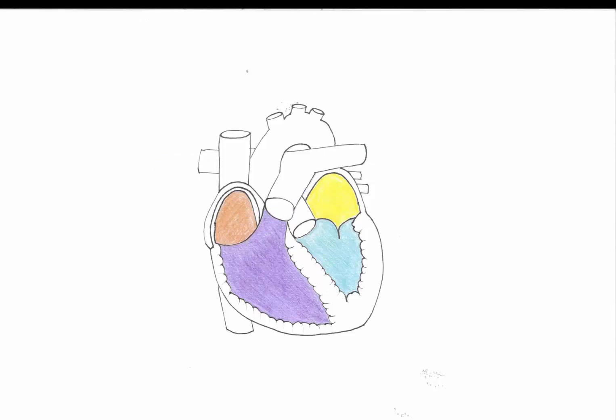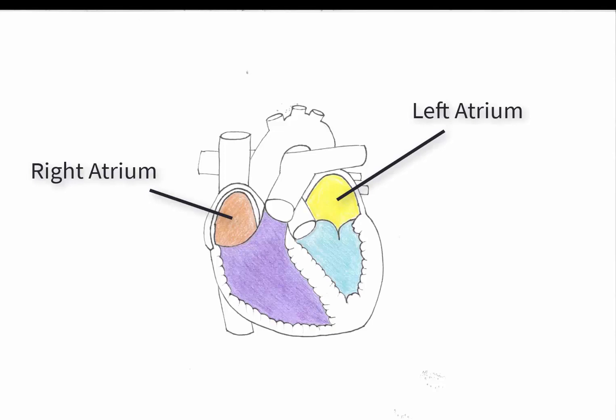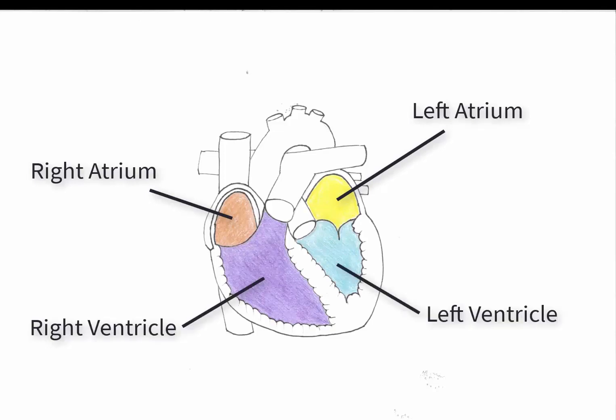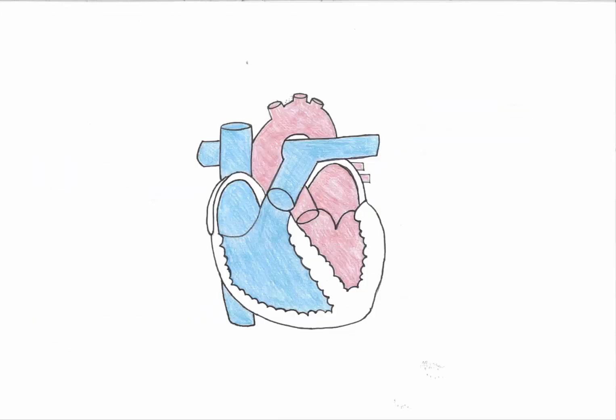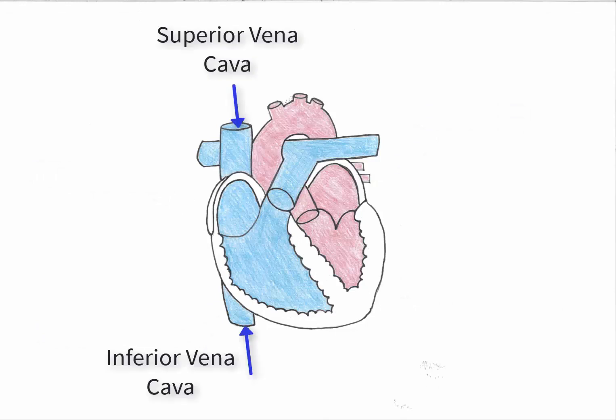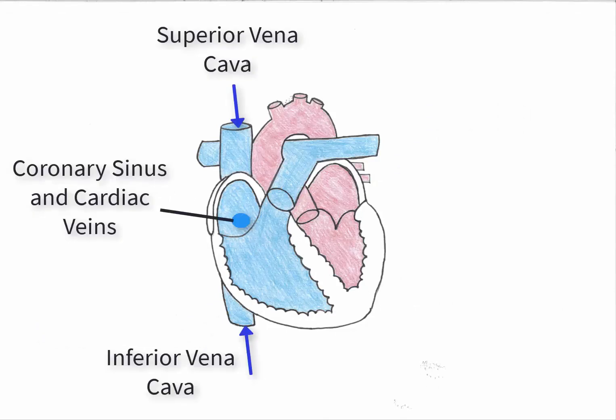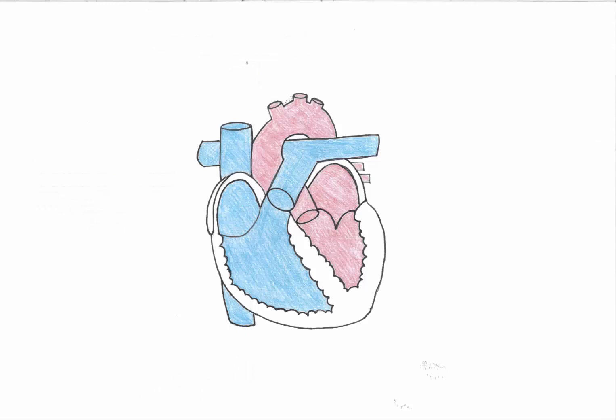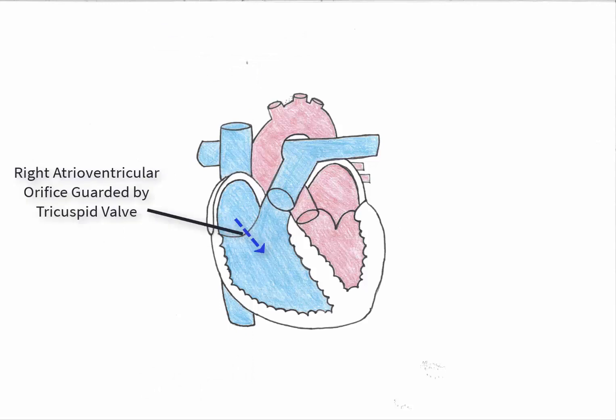There are 4 chambers in the heart: the right atrium, the left atrium, the right ventricle and the left ventricle. The right atrium receives blood from the superior and inferior vena cava and also from the coronary sinus and cardiac veins. Blood flows from the right atrium into the right ventricle through the right atrioventricular orifice, which is guarded by